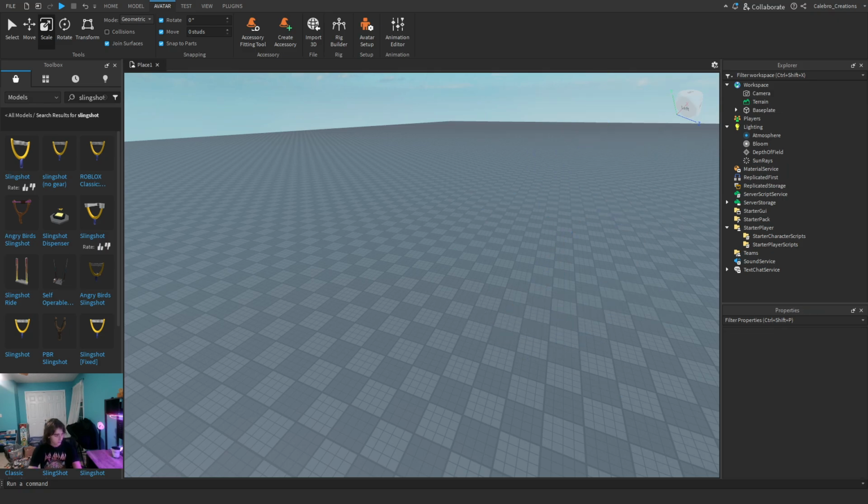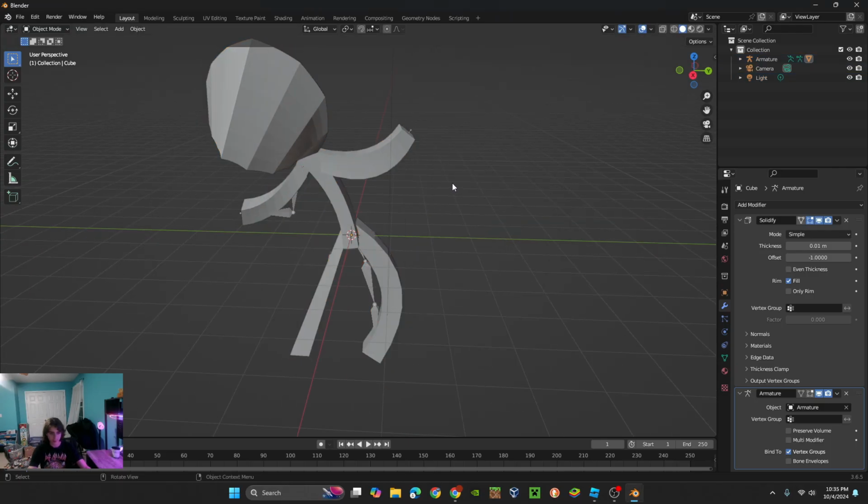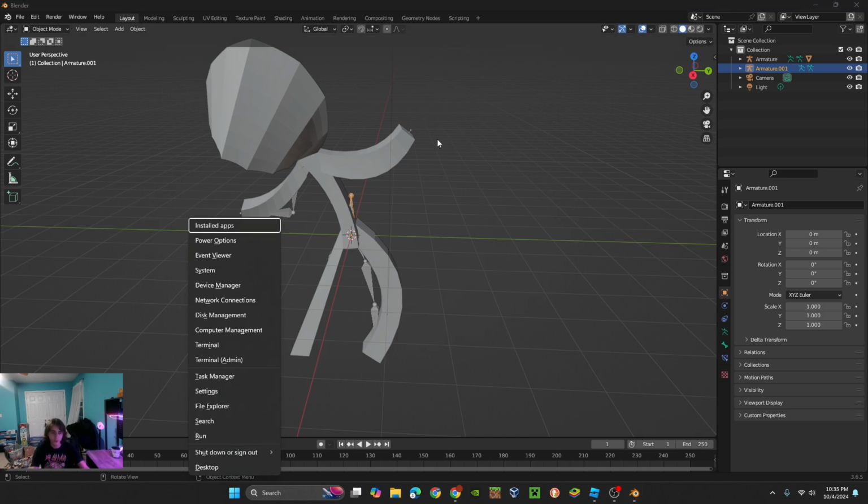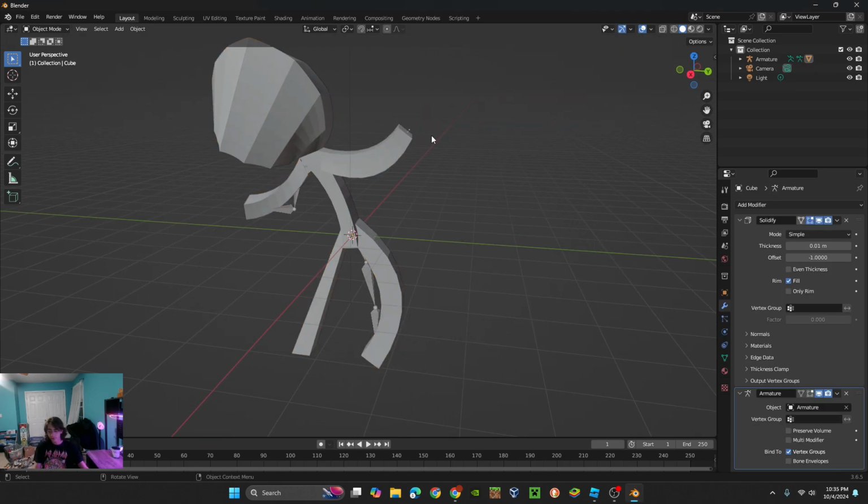So we're gonna go over this. I'm gonna summarize this. You go into Blender, you model a human rig, or you model a rig. You press on your rig, you add an armature, and then you extrude the armature according to wherever you want it to go on your mesh. And then once you're done making your armature, you press on your mesh, and then you press on your armature, and then you press Ctrl P, and then you press on anchor with automatic weights,